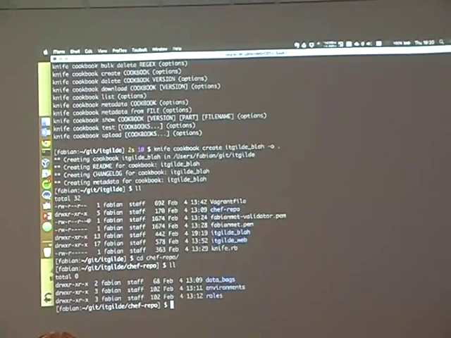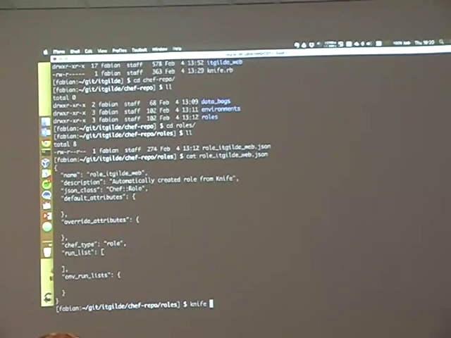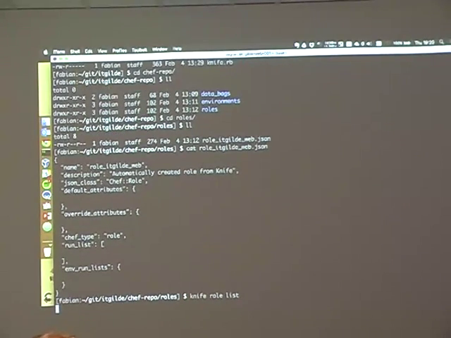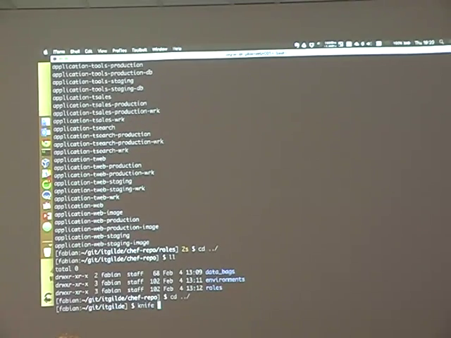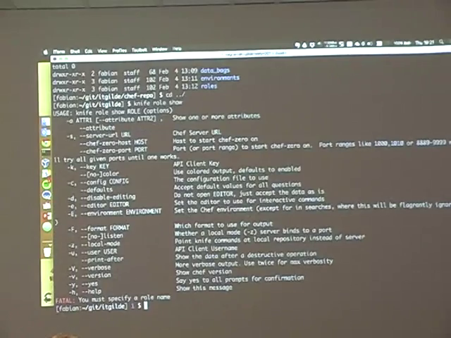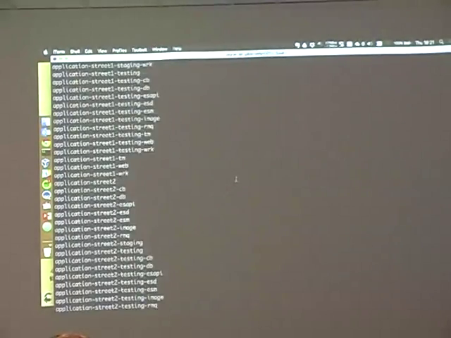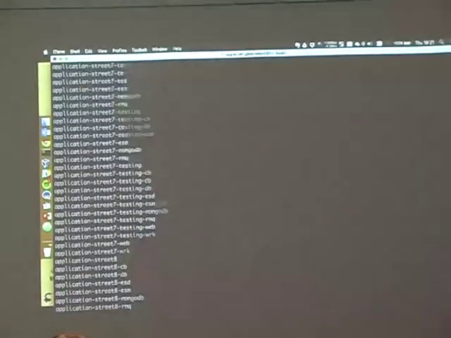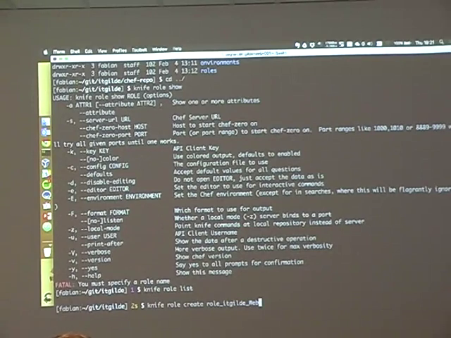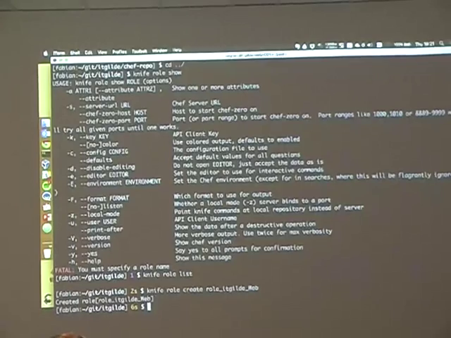For instance, we have a role here with nothing in it. But if I ask knife to list all the roles, this is the wrong one. You did not see this. There's no roles because I haven't uploaded it yet. What do we call it? We called it role ITGilde web. You get a basic boilerplate of a default role. Exit out of it, it gets uploaded to the server. Now if I do a role list,